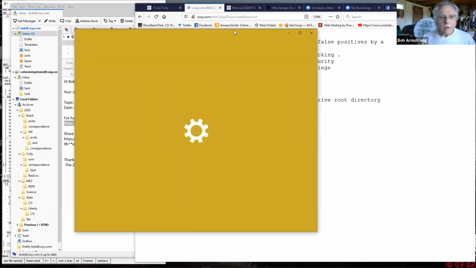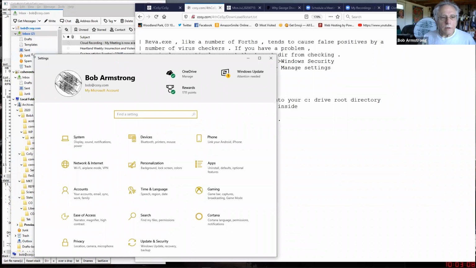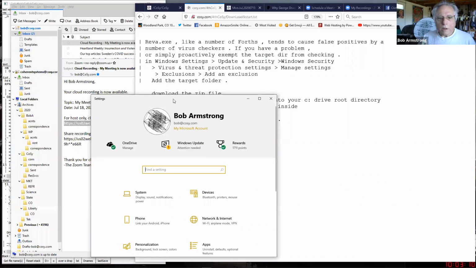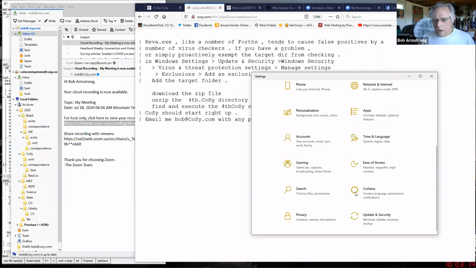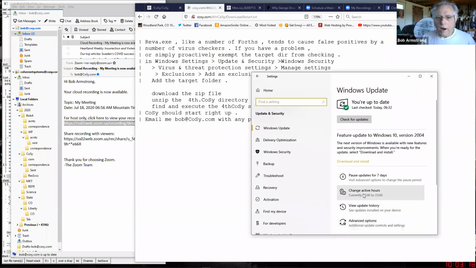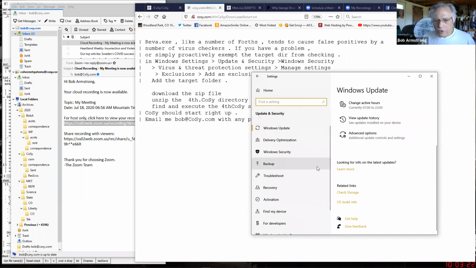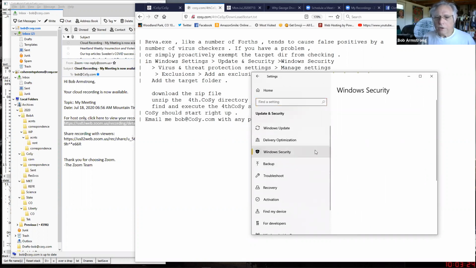Okay, and it's saying settings, update and security, Windows security. Where's Windows security? Windows security,